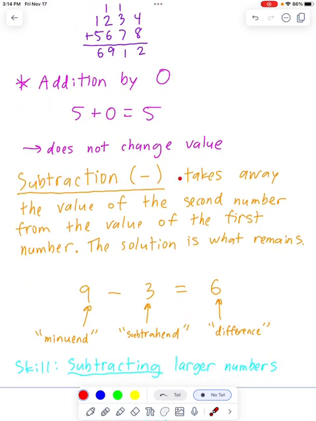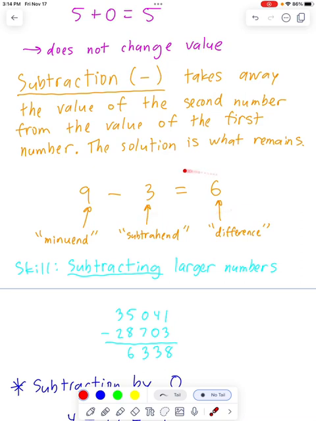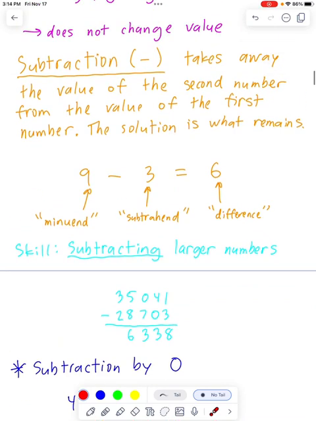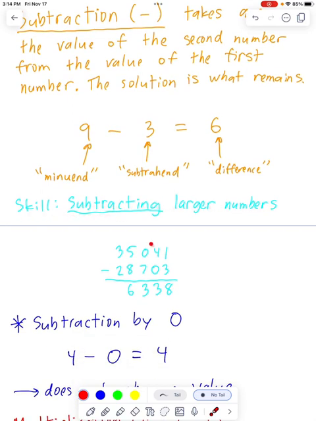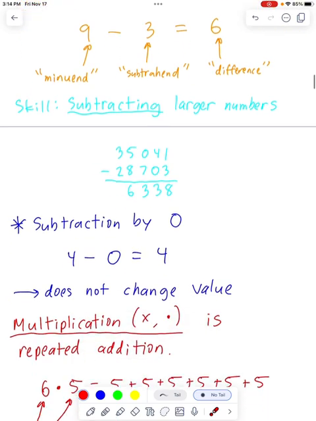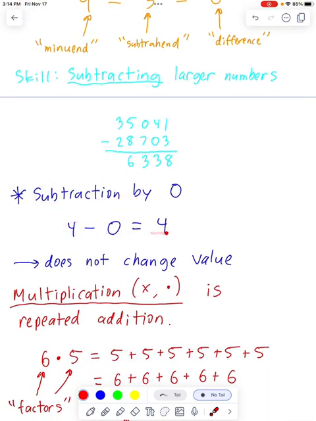There's also subtraction, which takes away the value of the second number from the value of the first number. The result is what remains. So in this equation, 9 minus 3, 9 is called the minuend, and the 3 is called the subtrahend, and the 6, the result, is called the difference. And in subtraction, the order of these two numbers matters. And a skill at this point is subtracting larger numbers, such as like this, in this fashion. Subtraction by 0 does not change the non-zero